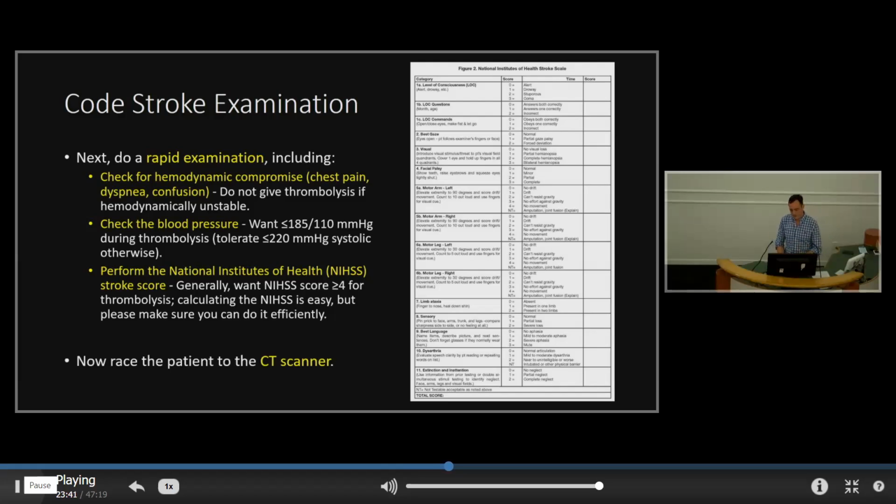So after you do that, you race the patient to the CT scanner. That history and that examination, it's ideal to try and get that all done within a few minutes. And that sounds very, very rushed, but really you're only focusing on a few things, and it's aimed at how bad is the stroke, how good was this person before, and what is the risk if I thrombolyze them. You're just doing a cost-benefit analysis in that first few minutes. That's really all it is.